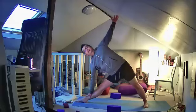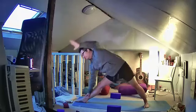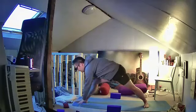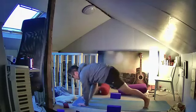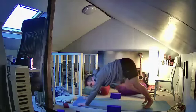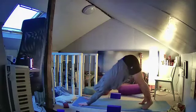So from here, we're going to come directly into dog down. But if that doesn't feel right for you, then you come out of the pose as we just did, and then step the feet together, and then come into dog down along the floor. Otherwise, bring that top hand down onto the floor. You might need to bend that left leg to find the floor. Bring the hands either side of the foot, and then step yourself back into